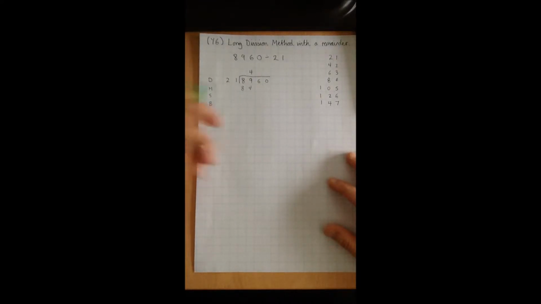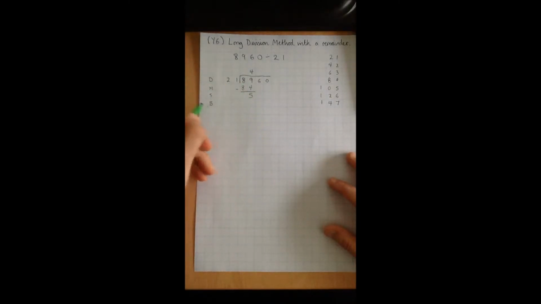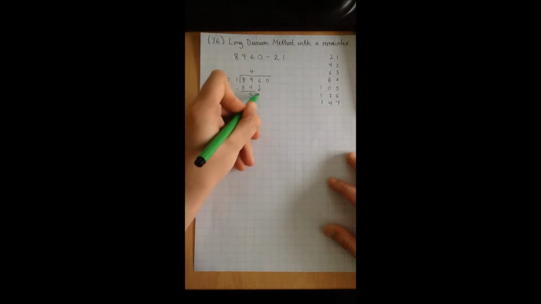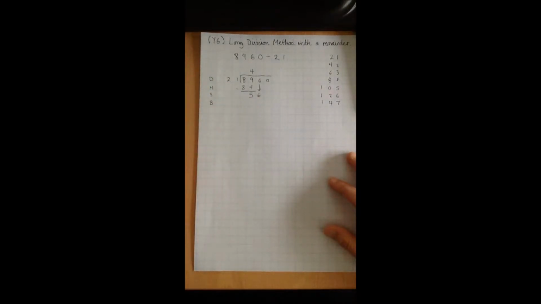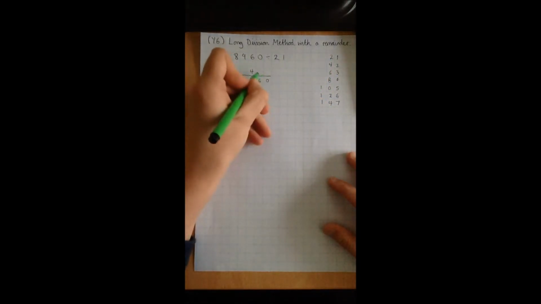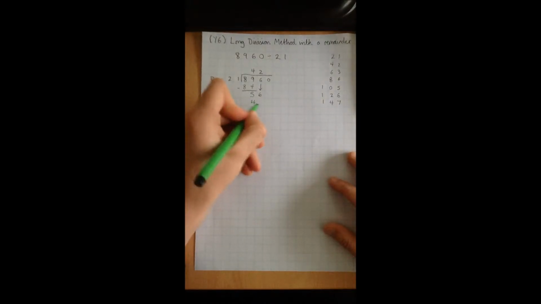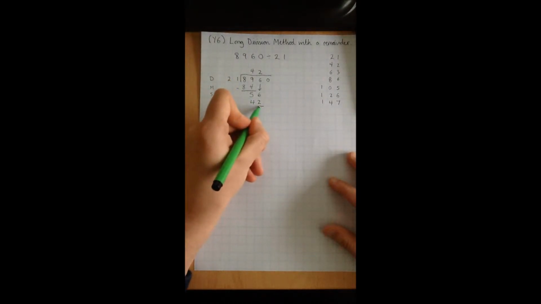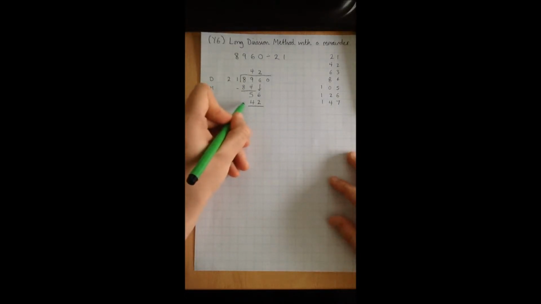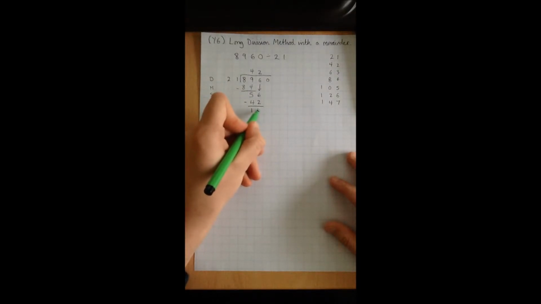Now we move on to subtract, so 89 subtract 84, which gives us 5, and then we bring down the 6 from the next column. And there we repeat, so we look at 56 divided by 21, which we can see goes twice. Don't worry about any remainders at the moment. 2 multiplied by 21, which we know is 42, and then we repeat with the subtraction. So now we go 56 minus 42, which we know is 14,